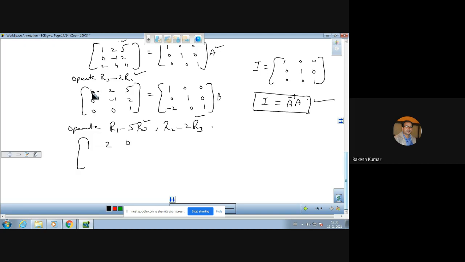So this will be the same. 1 तो सेम रहेगा, 2 भी सेम रहेगा, 5 minus 5 into 1, that will be 0. And similarly, in the second row, this will be 0, this will be minus 1, and this will be 0. And third row will be the same. Similarly, you will operate these operations in this matrix also. So that is 11, 0, and minus 5, 4, 1, minus 2. This is minus 2, 0, 1. Third row as it is.